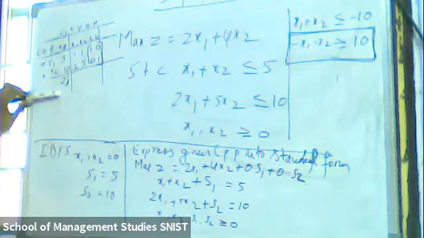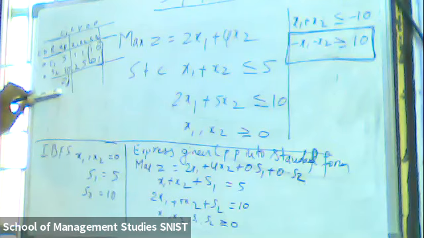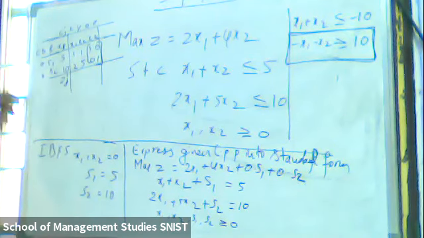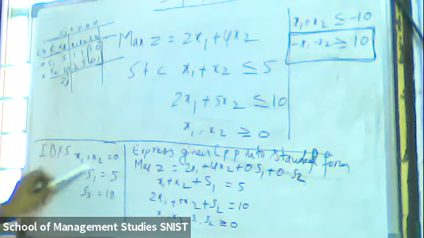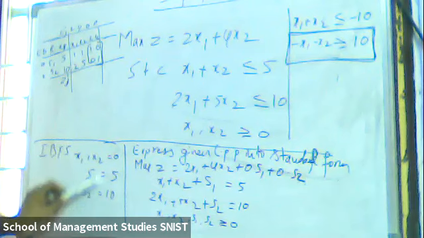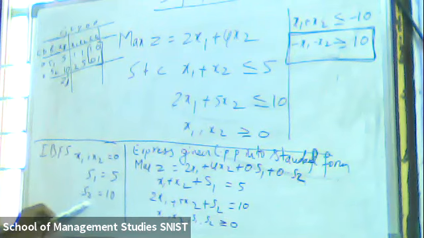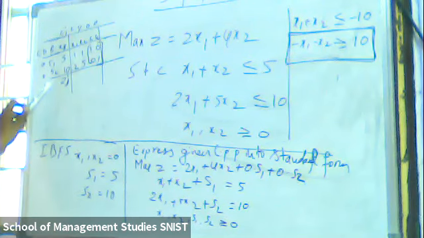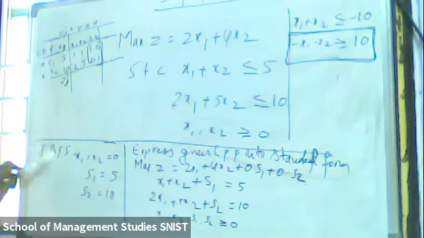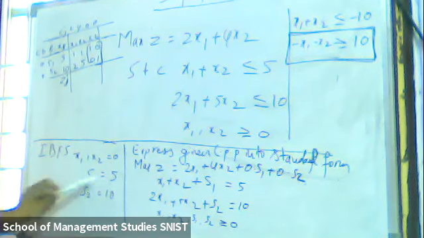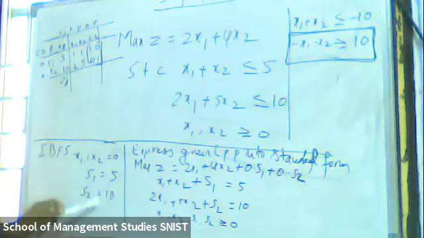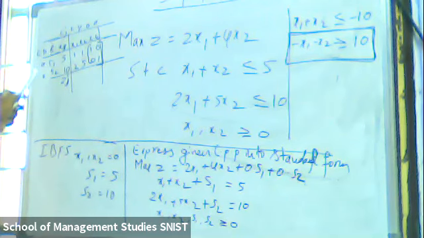Now we need to make a simplex table. When you make a simplex table, I wrote here CB, B and XB. What is B? Slack variables. To make inequality into equality, we added some slack or surplus variables. So we wrote S1 and S2. Now what is this XB? In the initial basic feasible solution, S1 value is 5 and S2 value is 10. So we wrote this. Now CB is the coefficient of this S1 in the objective function. How much?